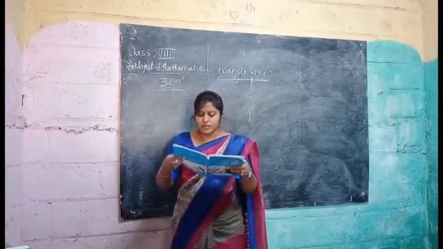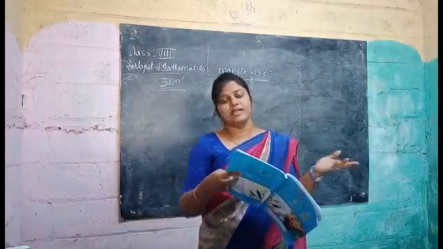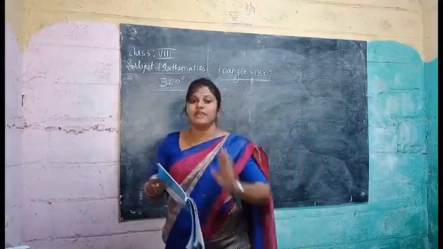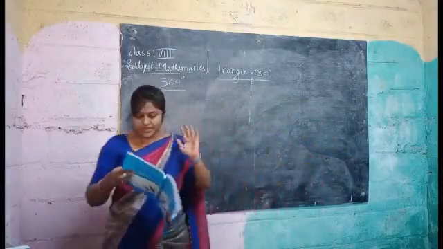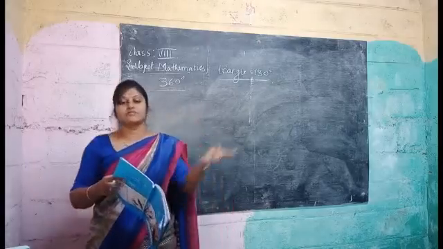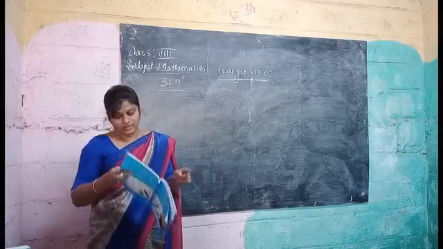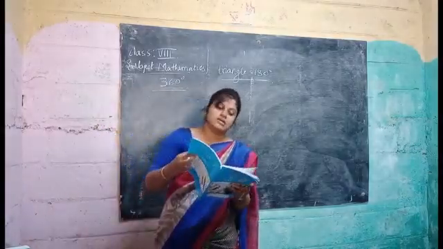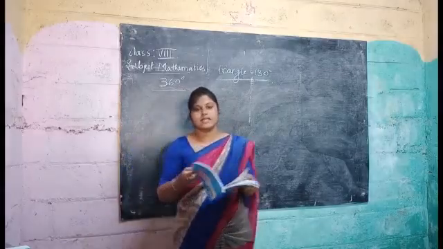Okay. We have a formula for this also like that only. Angle A plus B plus C is equal to 360. Not 180. 360. The formula will be the same. But here we are using exterior angles, not interior angles. We have to find the exterior angles. So many sums are there in this. We will solve it in the next class. We will start that topic in the next class only.